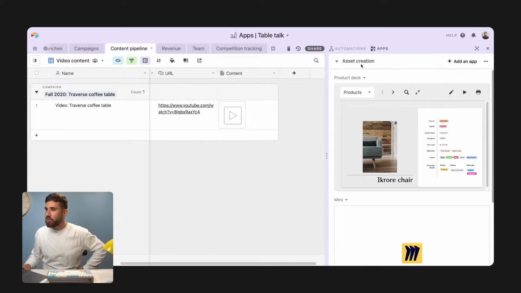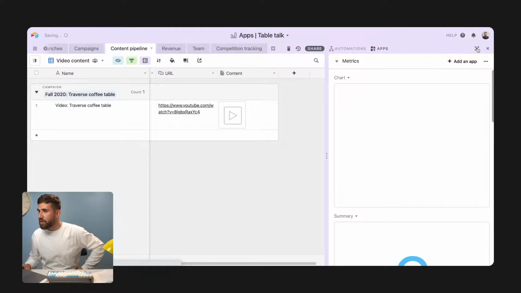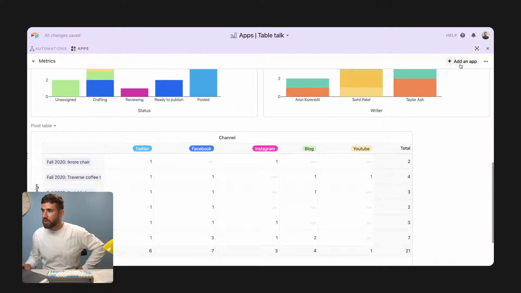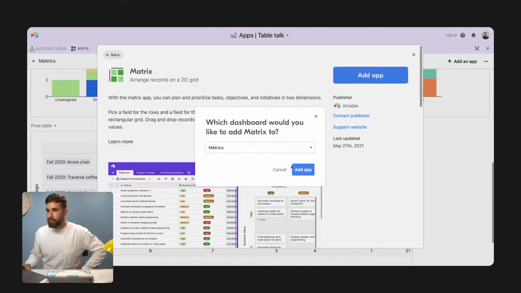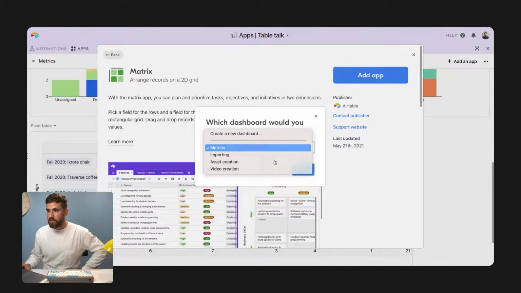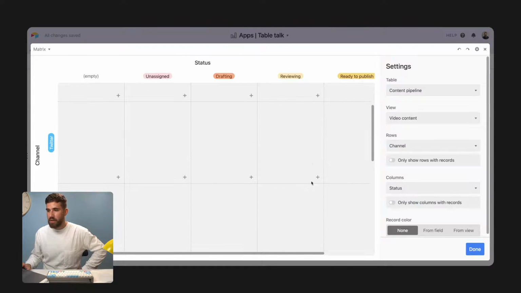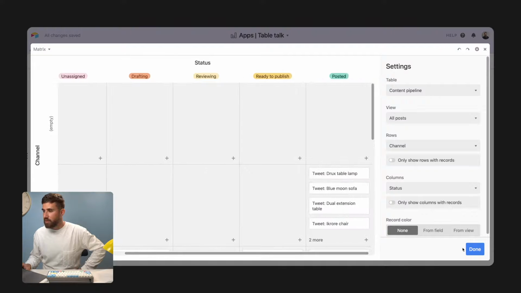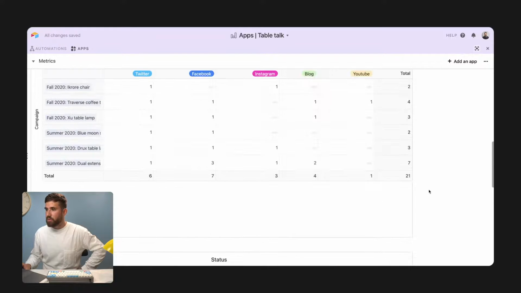So let's go back to our metrics here. And then you see this pivot table. Let me add a matrix. And then I want it on to the metrics, that app, there we go. And let's say I want to look at content pipeline. I want all posts, rows by channel by status. This is great. So the main distinction, let me just make this a little bigger, between the two is that